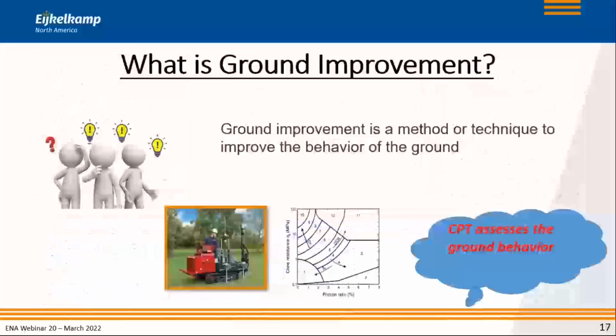So going back then, when we are talking about ground improvement, how you try to do something to improve the behavior of the ground, CPT must be a good method for that. It must give you an indication, because you should be able to see that when it comes to the soil behavior on your chart. So those things must match one way or another. And that's what is indicated in